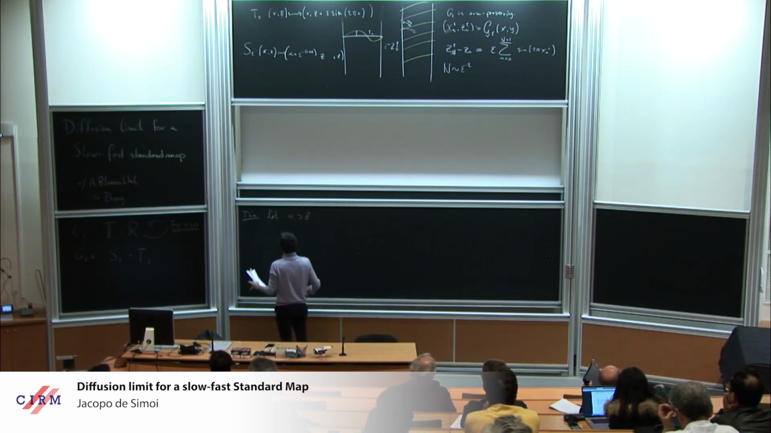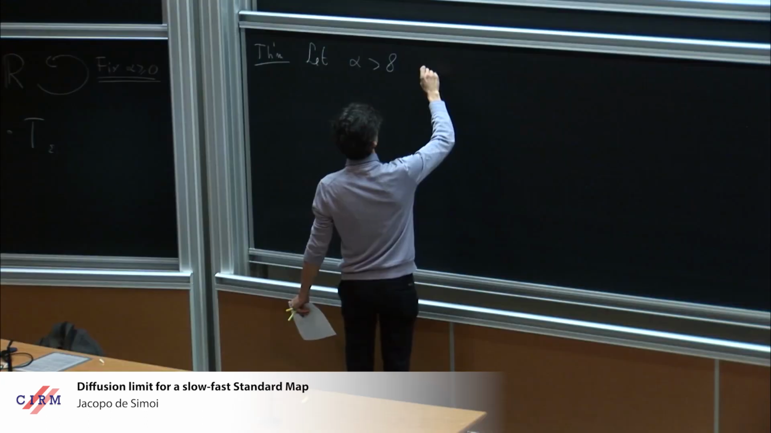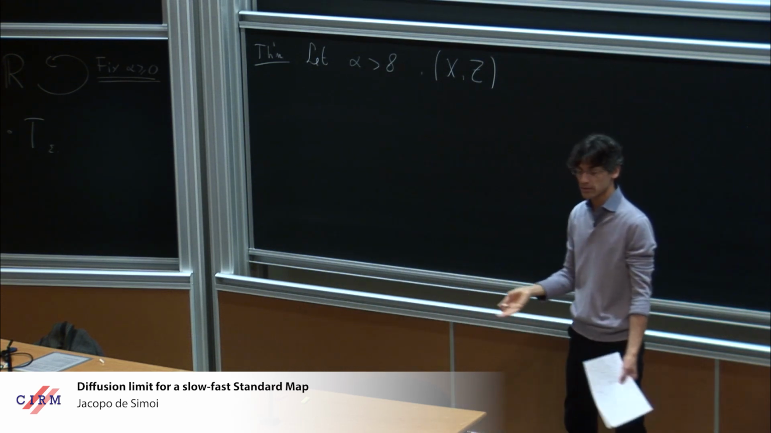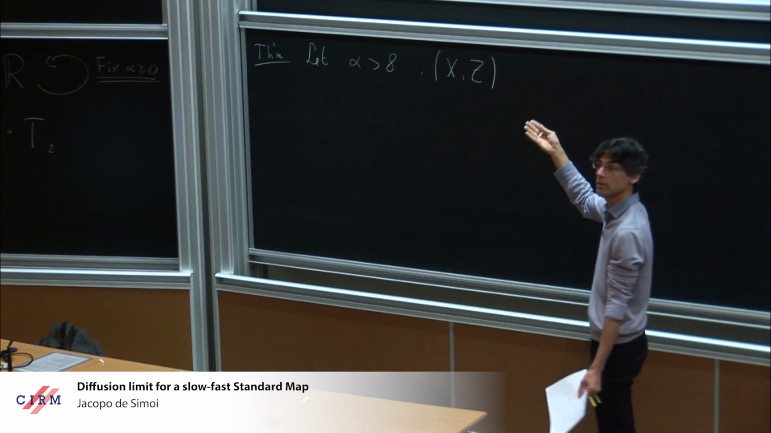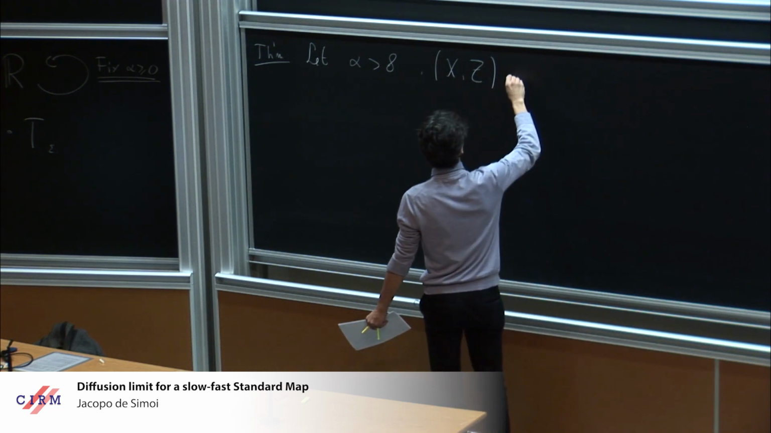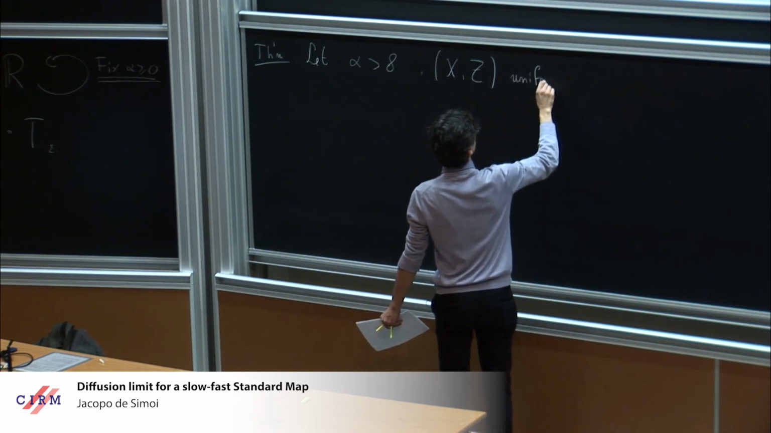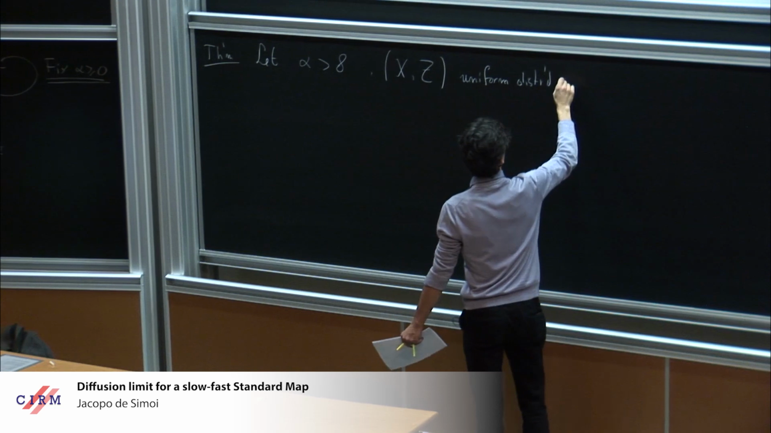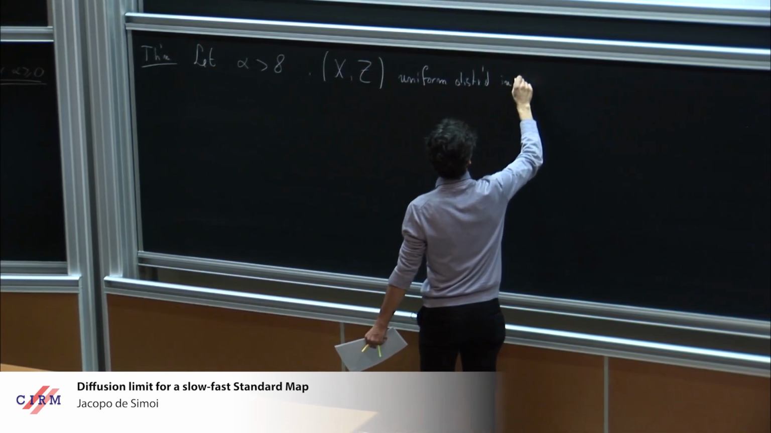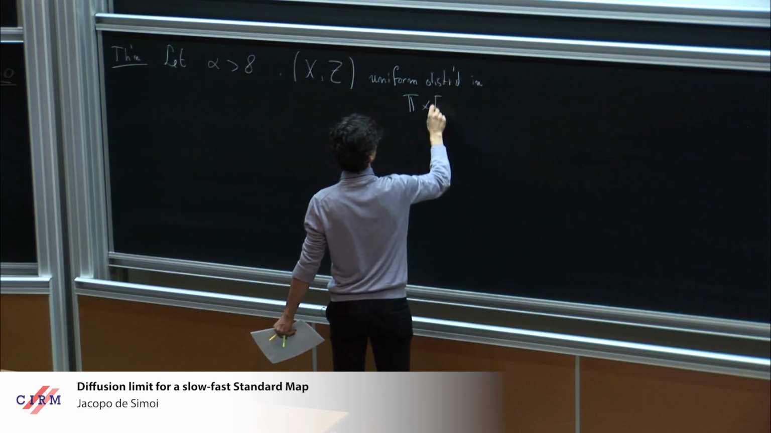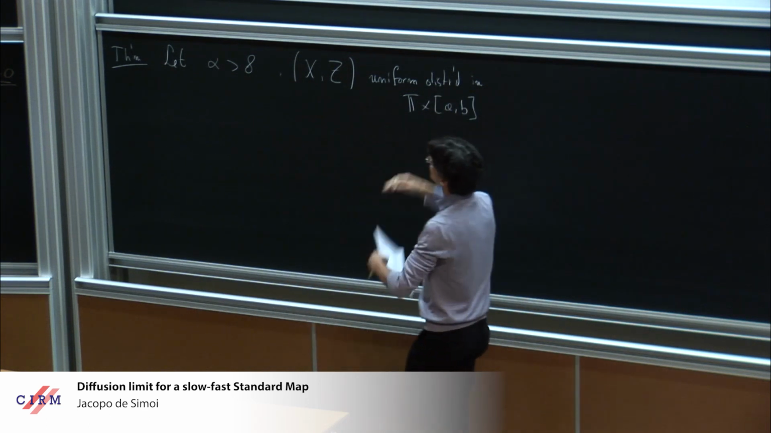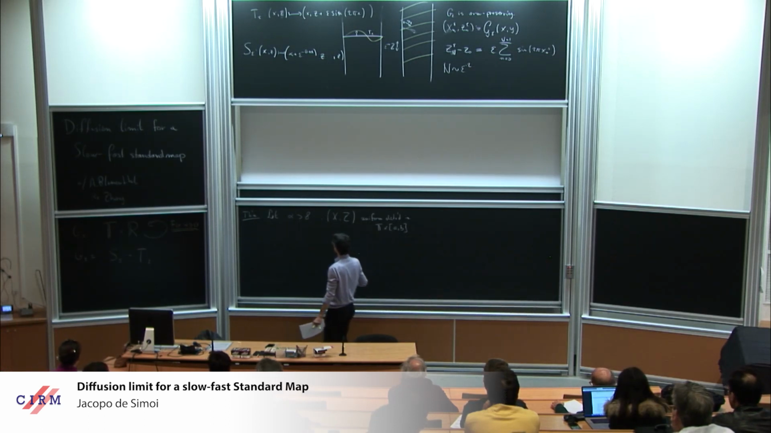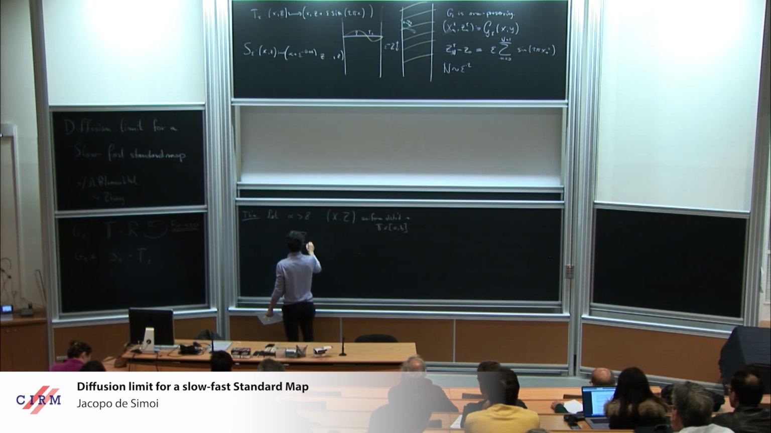So let's take alpha bigger than 8, and then I want to consider x, z, which are the initial conditions. I want to get some randomness in the system through initial conditions, so I want to take a random distribution of these things, which is a uniform distribution. And I want them to be uniformly distributed, say, in the torus times some interval. So I take a chunk of the cylinder, and then I throw in a random variable in there, which is uniformly distributed. And the result that we have is that z and epsilon,